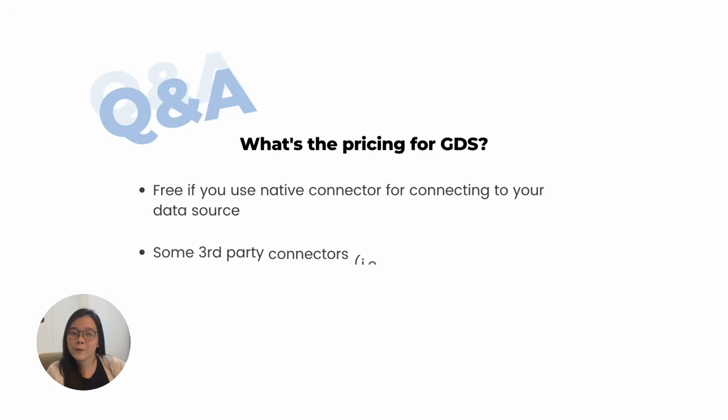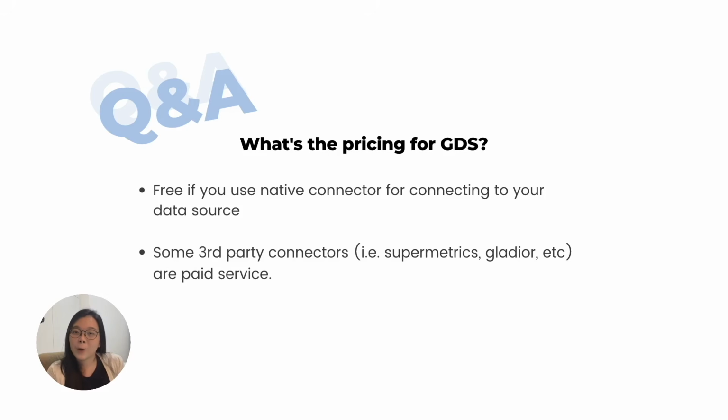What's the pricing for GDS? It's completely free if you use native connector to connect your data. However, if you are using some third-party connectors like Supermetrics, they are paid services, which means they will be maintaining and developing the connector in order for you to connect to the data source that you want. So if there are any available native connector for your data source, you don't have to pay to use GDS